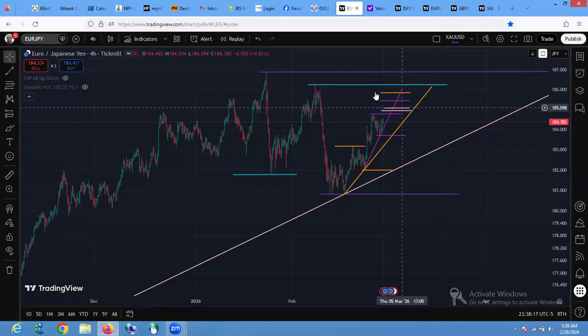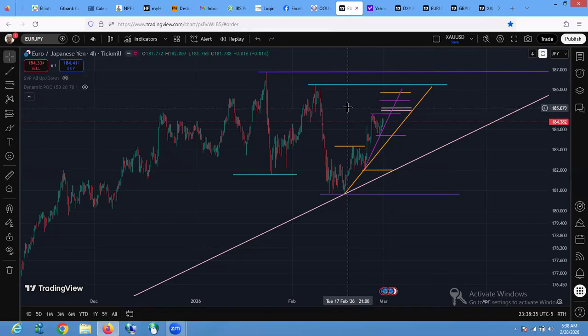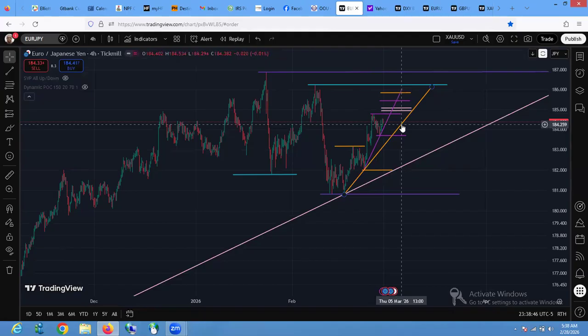And once it's done with wave 3, then we can begin to look for what will give us an ending structure for that move to the downside. There was a time I was telling us that what is most important is the first 3 waves. So this is wave 1 and this is wave 2. This is the third wave here. With this third wave, if we break this to the downside, it means that the whole of this wave is done. And so we might want to have a wave to the downside before we go up again.